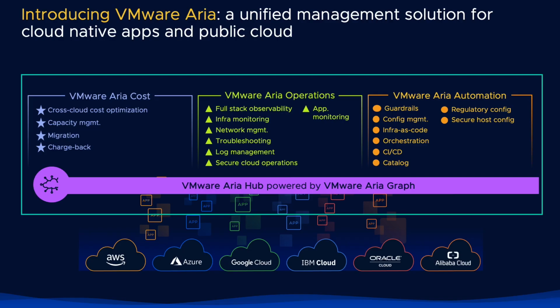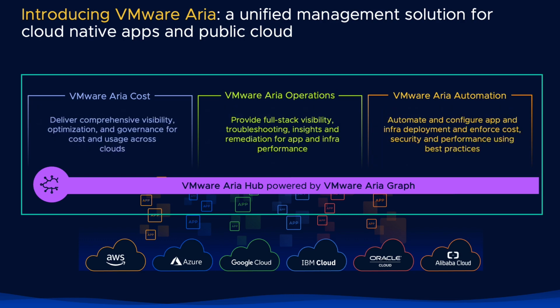And the innovative technology in VMware Aria Hub is VMware Aria Graph that brings together all this information and allows us to stitch together a combined solution. So Aria Cost then becomes all about delivering comprehensive cost visibility, but also allowing for optimization and governance of cost. Aria Operations is to provide full stack visibility of your environment so that your application performance can always be maintained. And Aria Automation speeds up the delivery of applications to your environment and allows you to securely manage the configurations